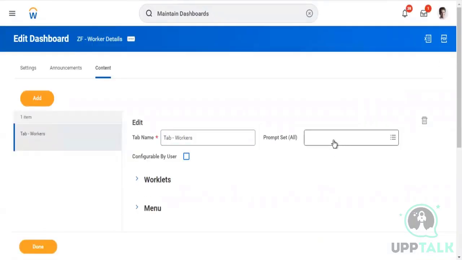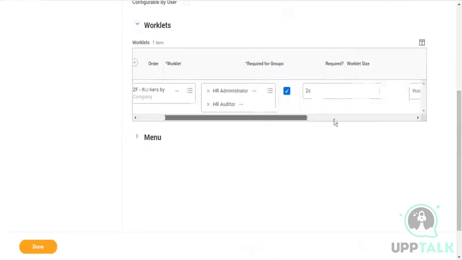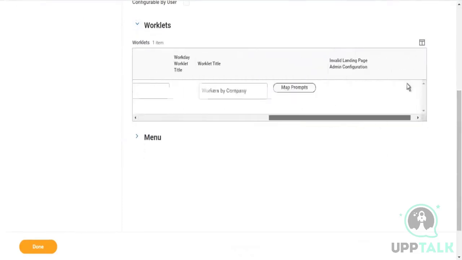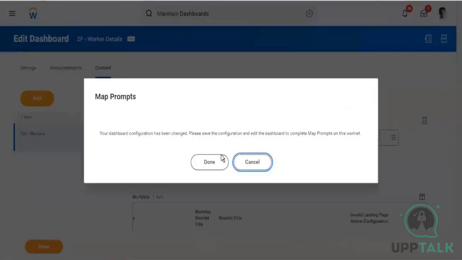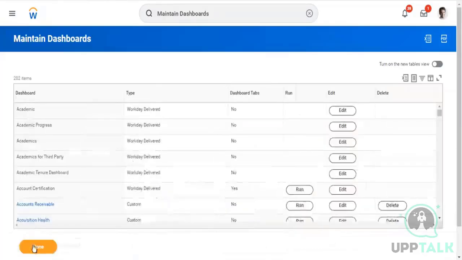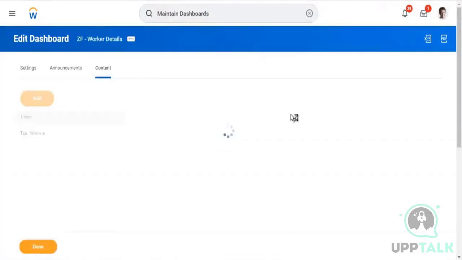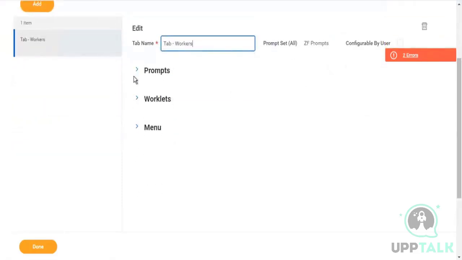I'm checking configurable by user. I'm adding my prompt set. And the moment I do that, now Workday enables this map prompt sets option. Now, wherever it is apparent, Workday would automatically go ahead and... I'll have to say done and then come back, and now it's giving me two errors because